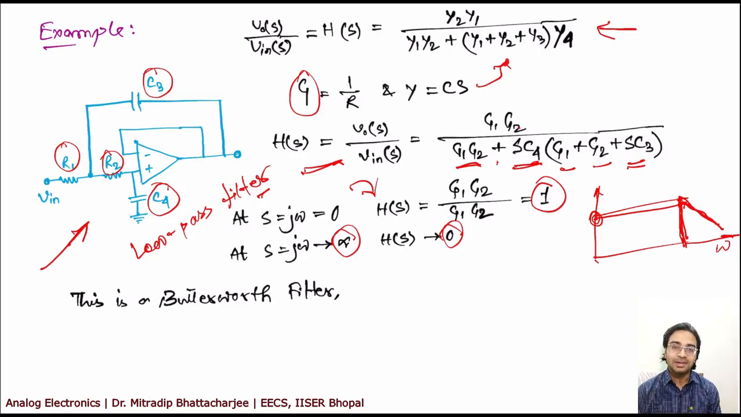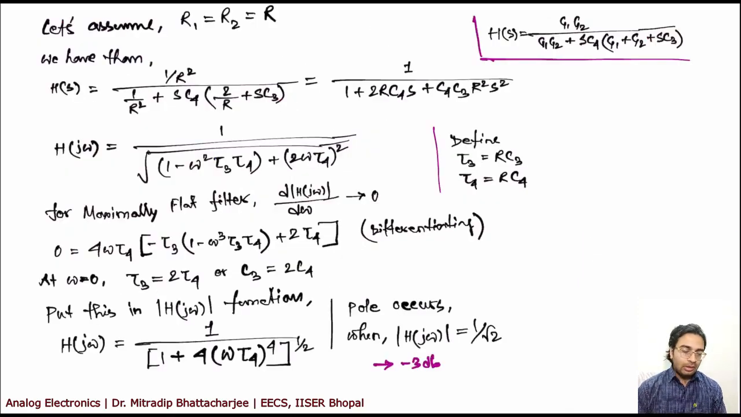Now if you want a high pass filter, what will you do? You will interchange the position of C and R. Place capacitances in place of resistances and resistances in place of capacitances. So you will find a high pass filter. Now let us assume your R1 is equal to R2 is equal to R. If you take this condition,